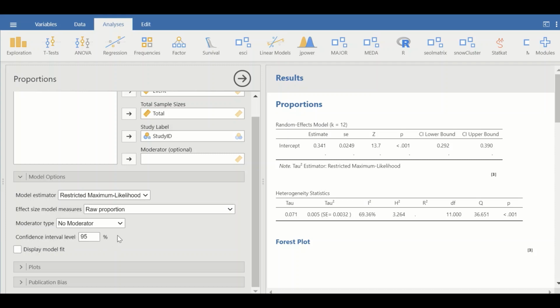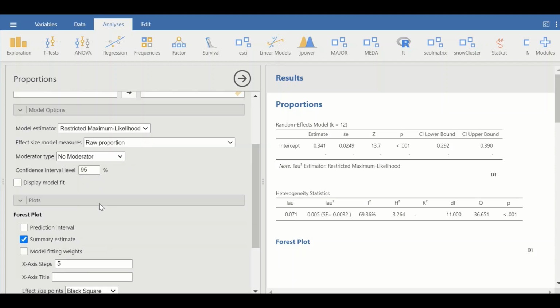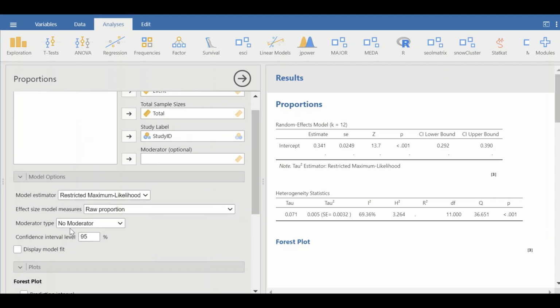Confidence interval 95%, and for the plot we will keep the plot now and look at the tables generated here, as shown from the two tables. The first table shows that the random effect model was chosen and the total number of studies was 12, and the estimate of the effect size, which is a proportion, is calculated and found to be equal to 0.34, and